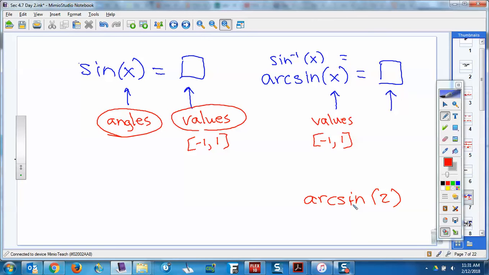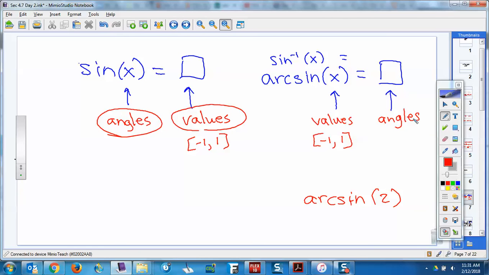So we all know, hopefully, the normal sine function, we put angles in, we get these out. So for arc sine, it's a reverse. We put in -1 to 1 values, and we get out, now the problem is, what do we get out? We get out angles. Well, here's where we had to restrict, because you could get out pi over 6, or 5 pi over 6, or 13 pi over 6, or 17 pi over 6. You get out an infinite number. We can't get out an infinite number. We only want one. When we type in arc sine of 1/2 into our calculator, it's only going to give us